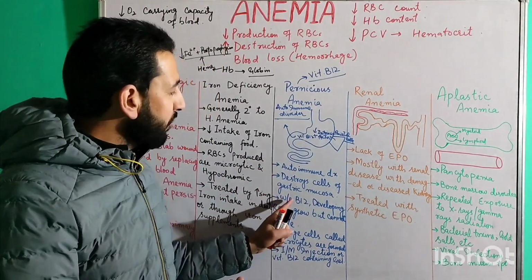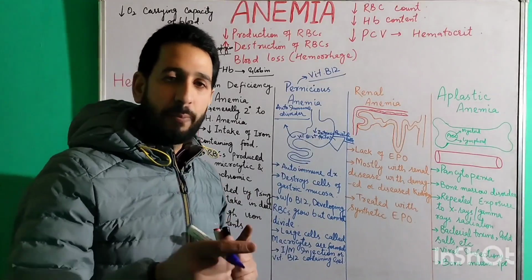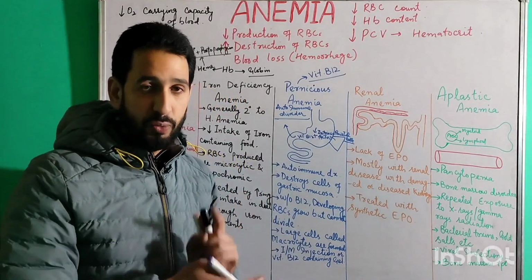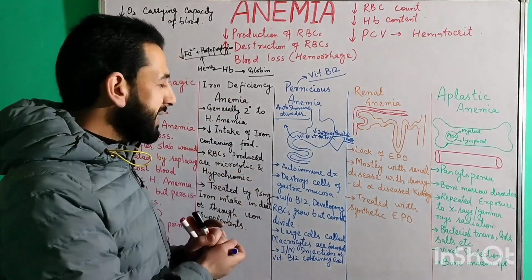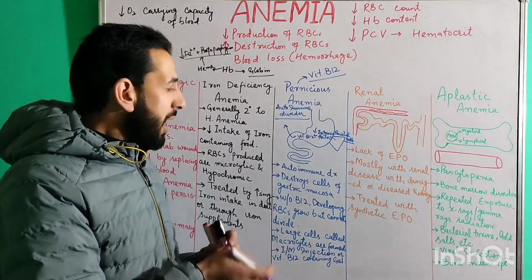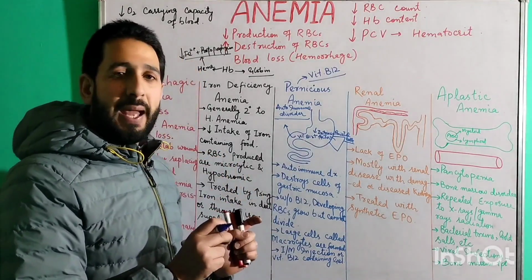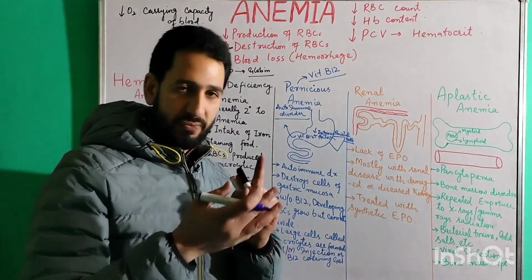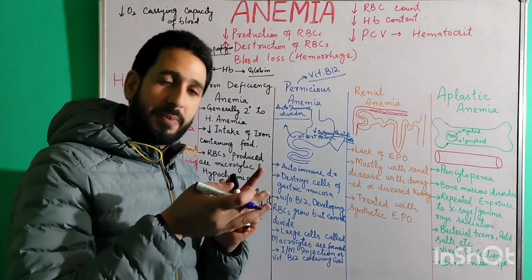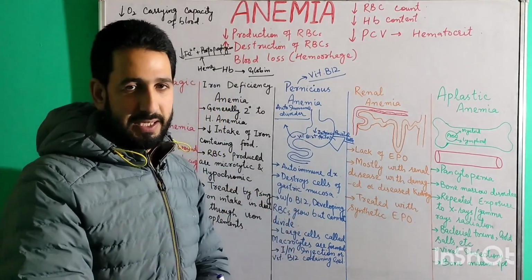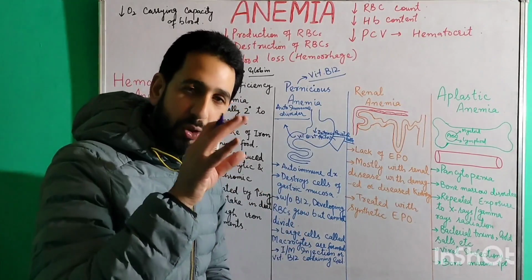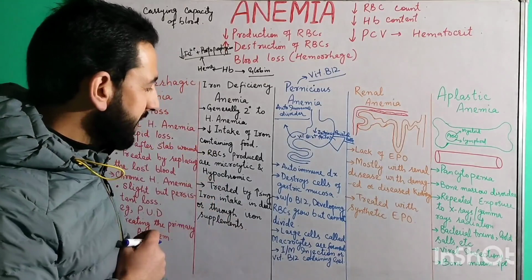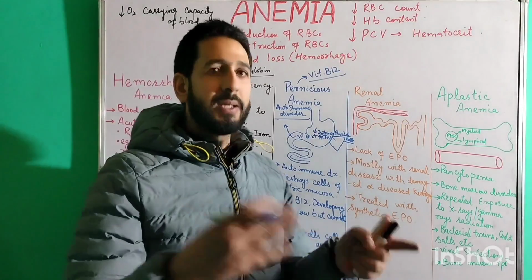And what happens without vitamin B12? I told you, for erythropoiesis, that is formation of mature red blood cells, vitamin B12 is very important. Without vitamin B12, the developing RBCs can grow but they cannot divide. Because of this deficiency of vitamin B12, I can say that the developing RBCs cannot divide, and because of this, in our blood circulation